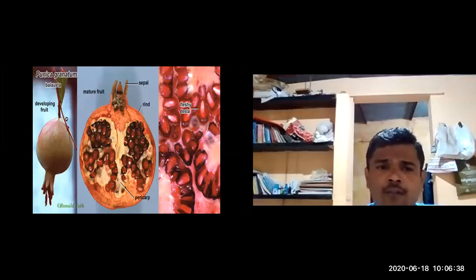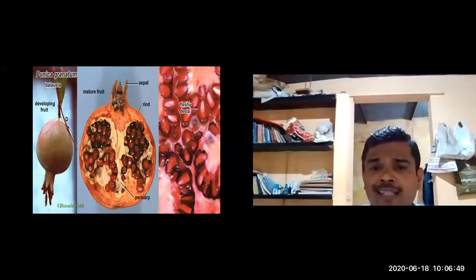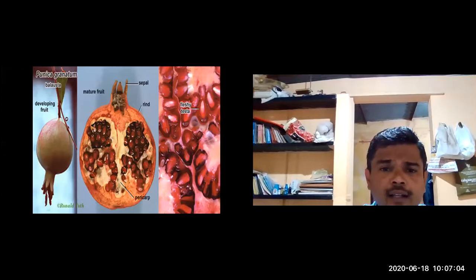So when you take the fruit of dadima, here you can observe. This is called, the individual part of the calyx is called sepals. Okay, as you all know, the individual part of the calyx is called sepals. So this is called sepal. When you consider the whole from here, it becomes the calyx. The whole part is called the calyx. The individual part of the calyx is called the sepals. Okay, so this is the fruit, the rind, the mature fruit.